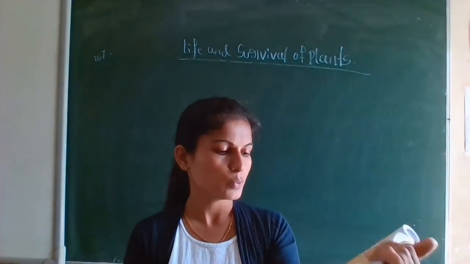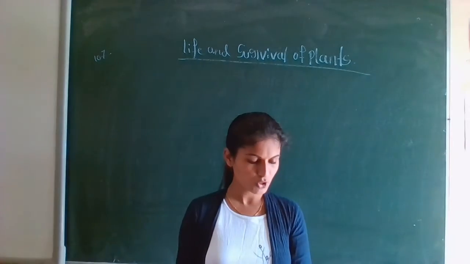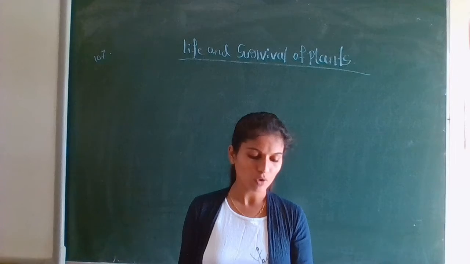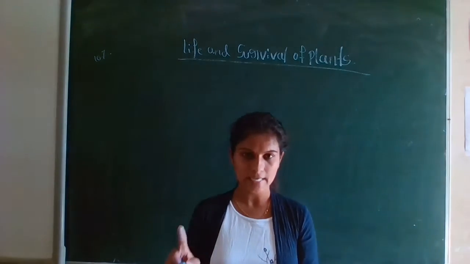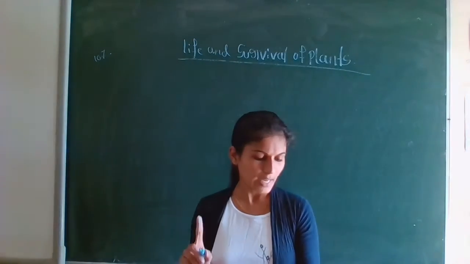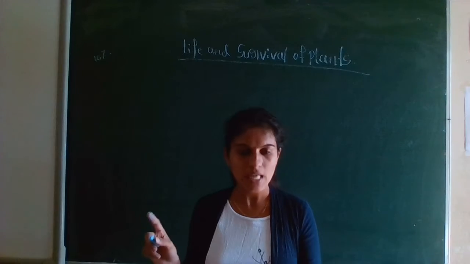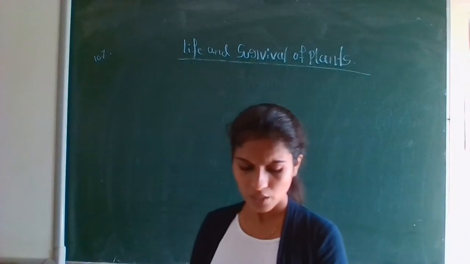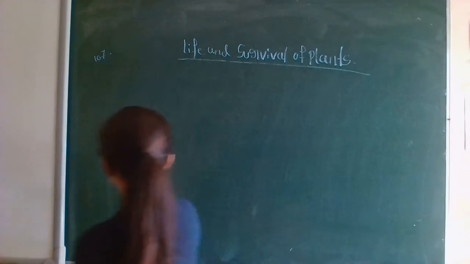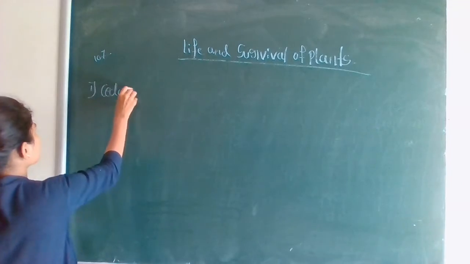Multiple choice questions are there. What is the first question? Which of the following is an example of a tree that grows in hilly areas? Which kind of trees can you see in the hilly areas? A. Cedar, B. Lotus, C. Hydrilla. What is the answer? Example for hilly areas. It is A, Cedar. I will write the answers only.